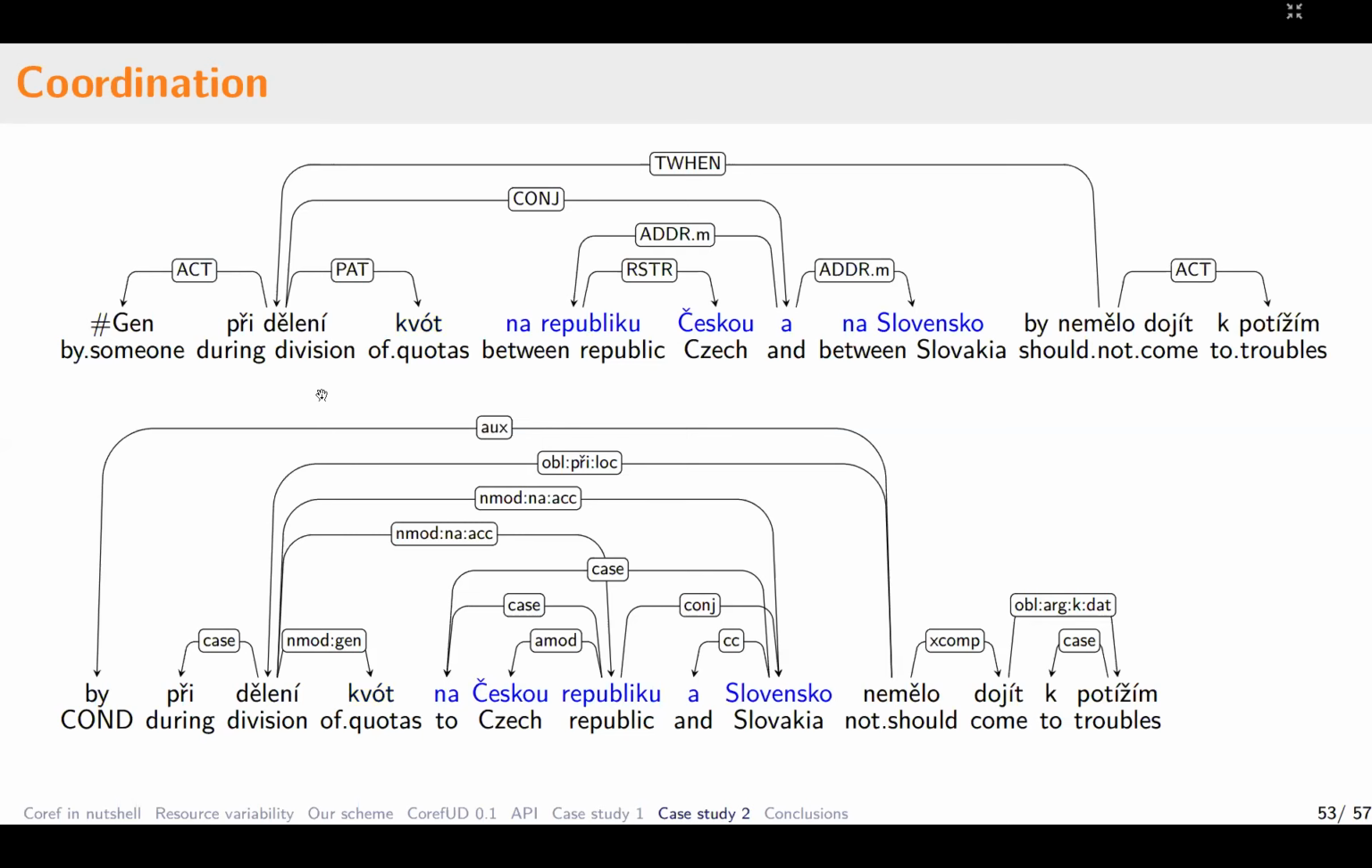Then there is the coordination, Czech Republic and Slovakia. And it's a complete subtree in the tectogrammatical layer, which is headed by the conjunction. And in UD, it is still a complete subtree, even though it's now headed by republic. There are also individual mentions for the conjuncts. So na Českou republiku is the first conjunct, and it's again a subtree here, even though it's not as large